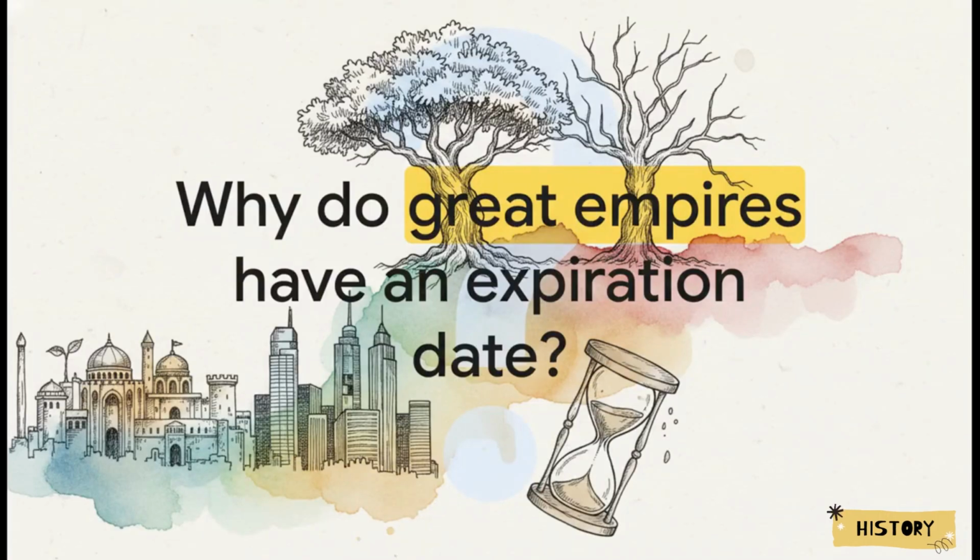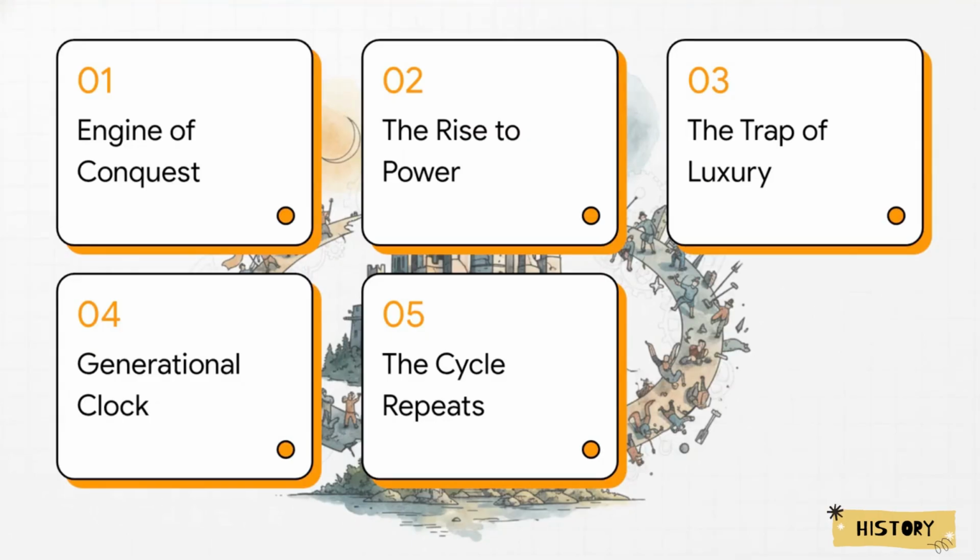So, ask yourself, why do all great empires have an expiration date? Seriously, we tend to think of massive dynasties, empires, or even huge modern institutions as these permanent, unmovable fixtures. But Ibn Khaldun approached this totally differently. He viewed human society through a biological lens. He argued that, just like a human being, a dynasty actually has a natural, unavoidable lifespan. It's born, it grows strong, it ages, it becomes senile, and then eventually it dies. But what are the underlying mechanics of that lifespan? Let's find out.